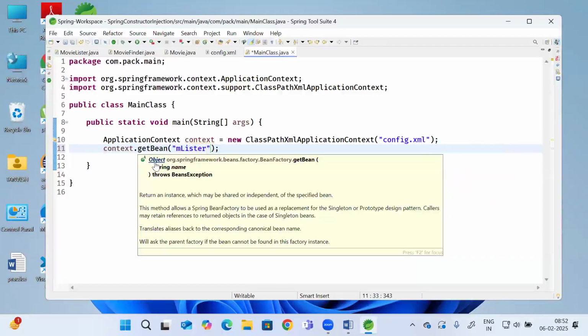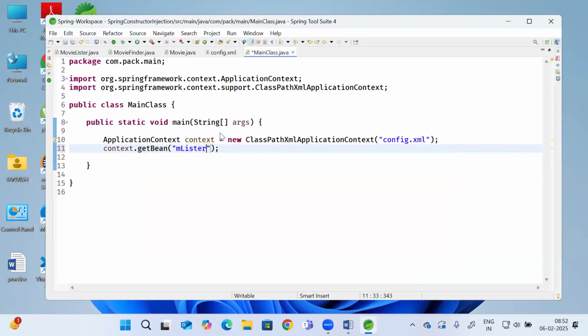But what is the return type of this get bean method? Object. It is returning the movie lister object, but the return type is Object. I already told you, if a method has return type Object, that method can return any class object, because Object is the base class for all classes in Java. If a method has return type Object, it can return any object. What is the getBean return type? Object. Actually this method is returning which class object? Movie lister object. So first, store it in Object obj,